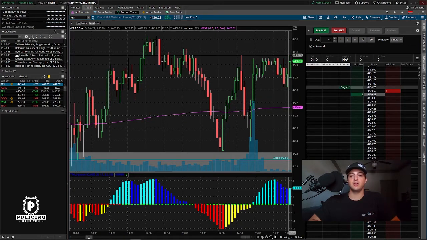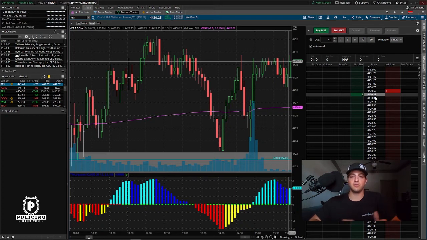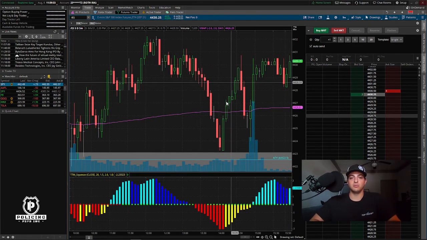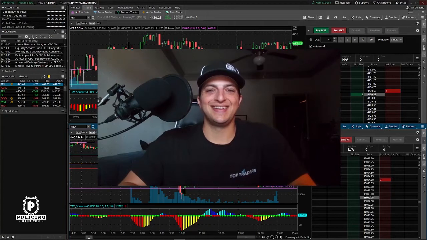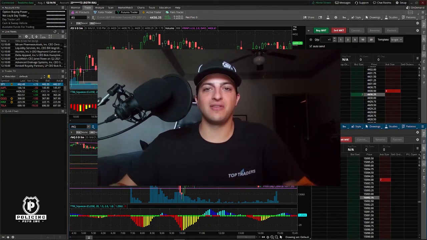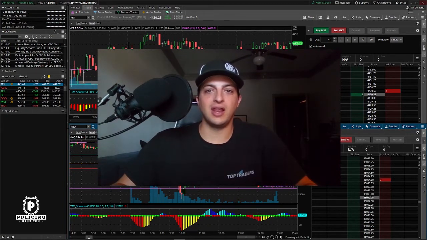So for me, understanding how that moves per tick and how smoothly it moves and how much each tick costs allows me to set my risk parameters and be able to profit based on certain price movements. The reason I like futures is because I can catch some of these smaller moves and still profit pretty successfully on the day, each and every day. Like I said, this was a quick rundown of everything that I trade, and how I'm able to successfully pull profits out of the market.